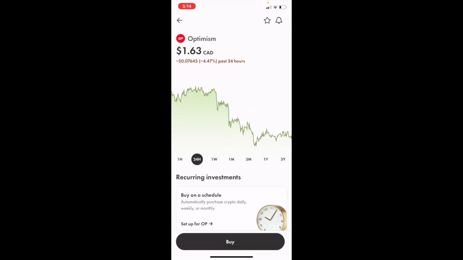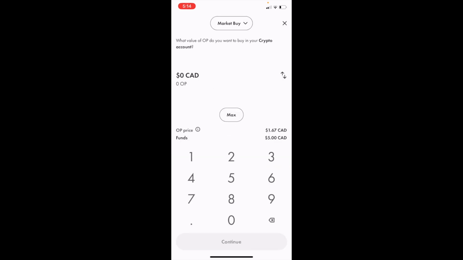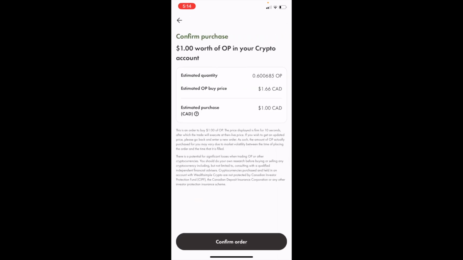Then once you're in this screen, scroll all the way down to where it says buy and press on buy. Then type in however much money you want to invest into Optimism. So I'll just press on 1. There you go. Press continue. Then once you're in this screen, simply press on confirm order, and then you guys will buy